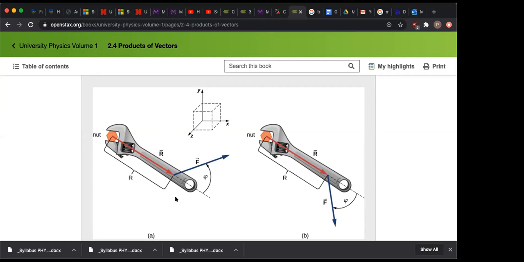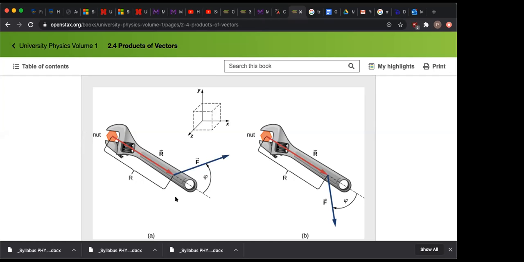So you make a blade out of your hand like a karate chop, stick it in the direction of the R, turn your fingers in the direction of the F. Is this one coming out of the screen or into the screen? Out of the screen. Okay, good. So how about this other one in B? Out of the screen or into the screen? Karate chop it, put your hand in the direction of R, turn down in the direction of F,